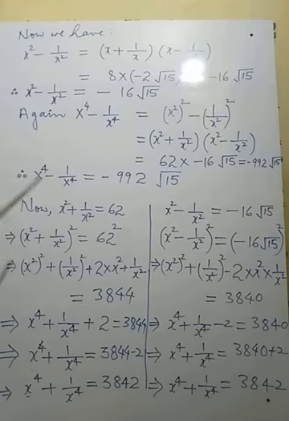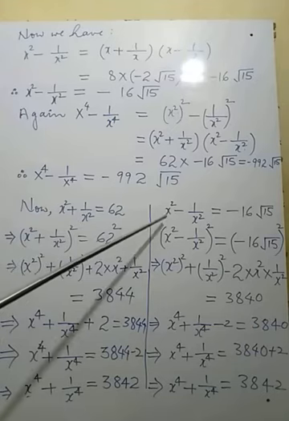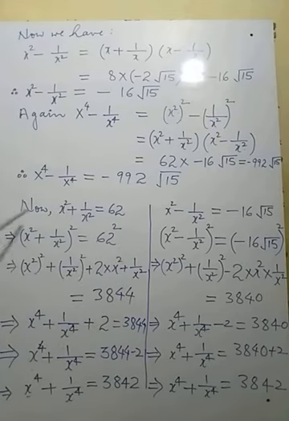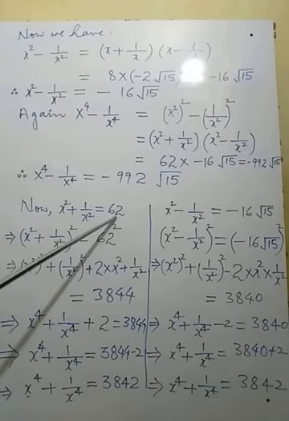Now we are required, suppose, to find out the value of x to the power 4 plus the value of 1 upon x to the power 4. What to do? We know the value of x square plus 1 upon x square. We also know the value of x square minus 1 upon x square, because we have already calculated. Firstly, take the value of x square plus 1 upon x square. So that value is 62. We have already calculated previously, just before. Now this one is behaved as an equation.